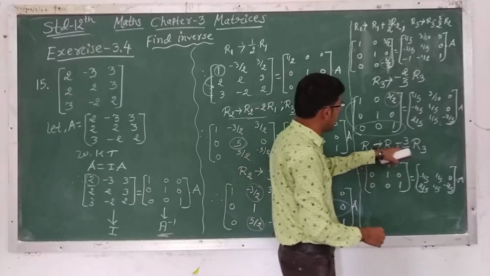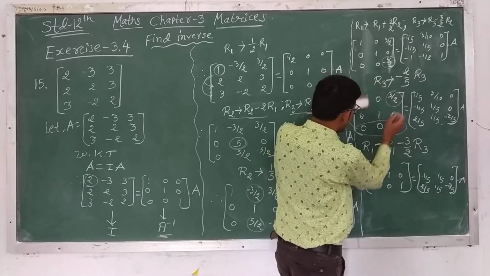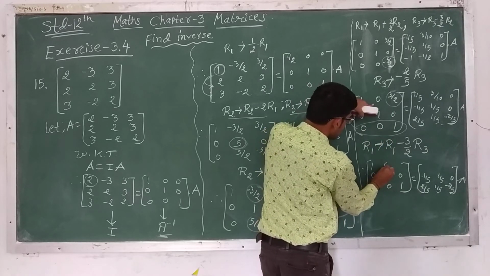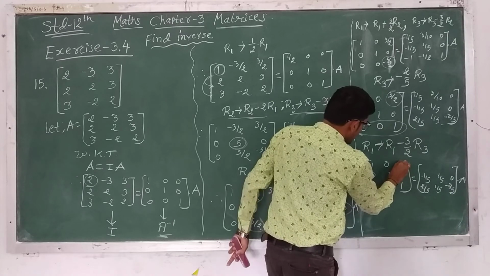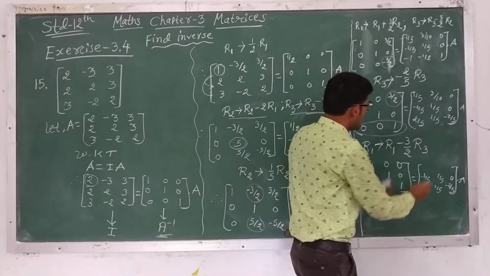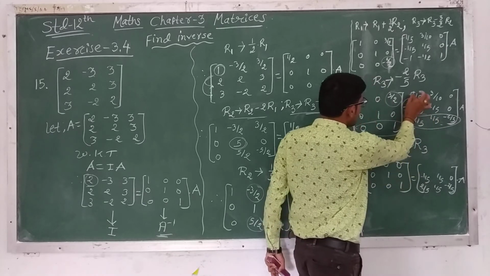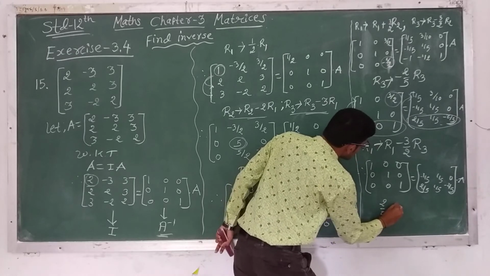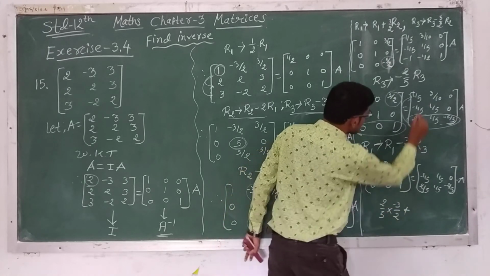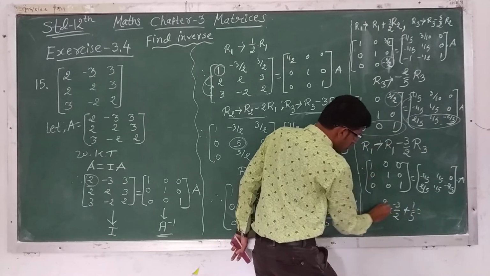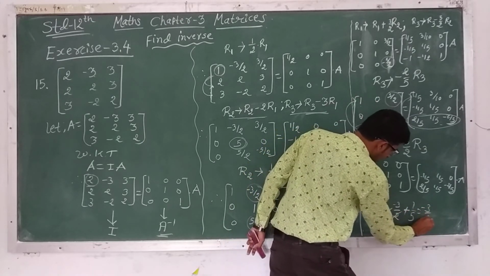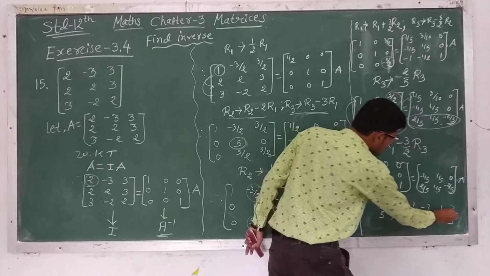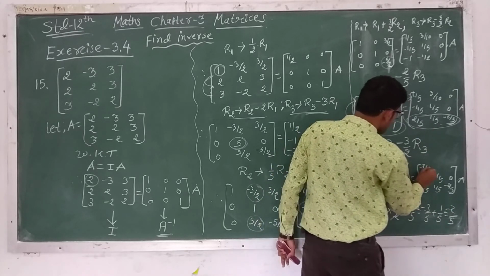Now we have to multiply by minus 3 by 2 and add here. So here no change because the third row will be 0, 0. So 1, 0. Here minus 3 by 2 plus 3 by 2 is 0. What about the right hand side? We multiply by minus 3 by 2 and add to the first row. So we take the first entry 2 by 5. So 2 by 5 into minus 3 by 2 plus 1 by 5. The 2 cancels out. Minus 3 by 5 plus 1 by 5. So LCM 5: minus 3 plus 1, minus 2 by 5. So here write down minus 2 by 5.